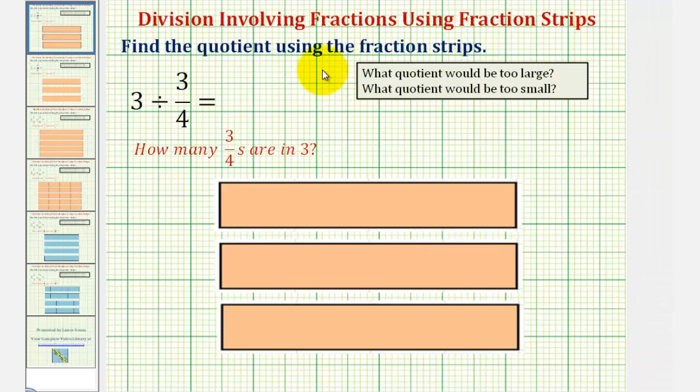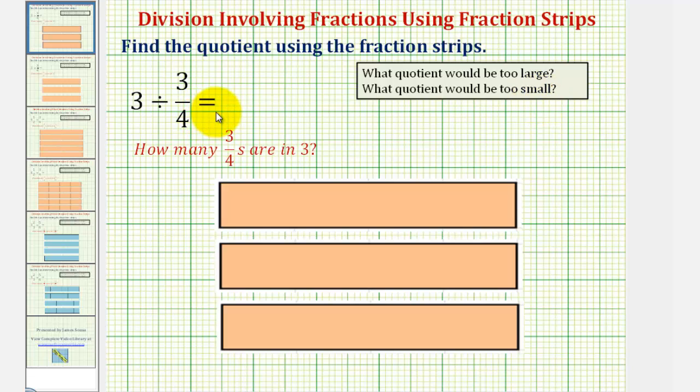We want to find the quotient using the fraction strips provided below, where each fraction strip represents one whole. So here we have 3 divided by 3/4, which is asking us how many 3/4 are there in 3. Before we determine this specific quotient though, let's determine a quotient that would be too large and too small based